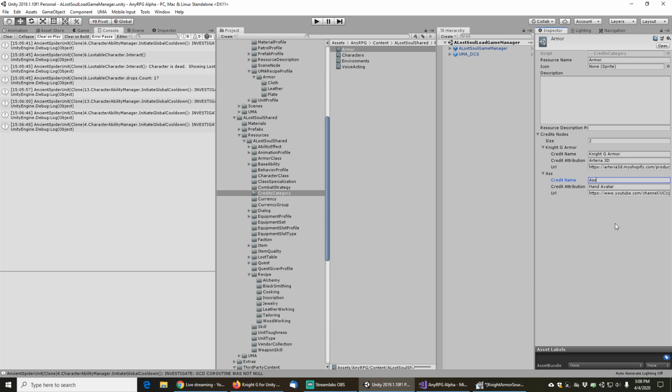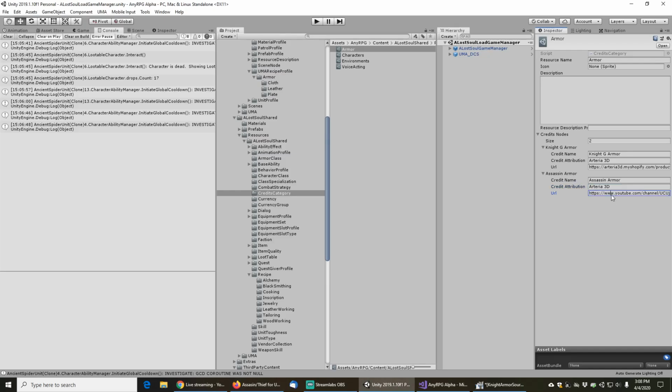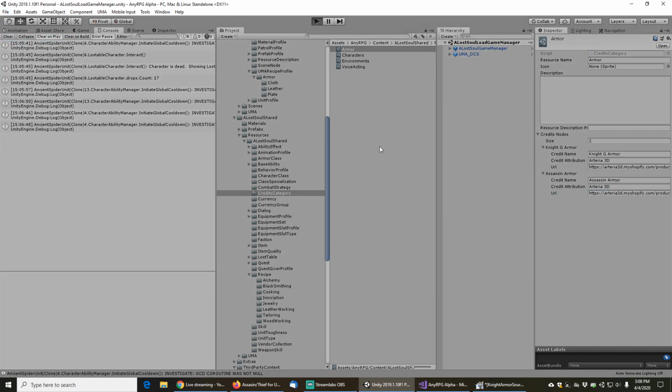Then we're going to do the Assassin armor, and once again credit attribution goes to Arteria3D, and we will link to the Assassin for that. So link right there. Let's save this, and this should automatically be picked up in the in-game credits